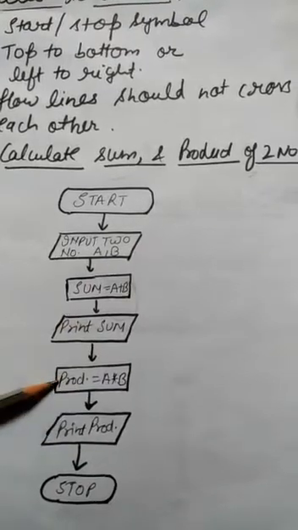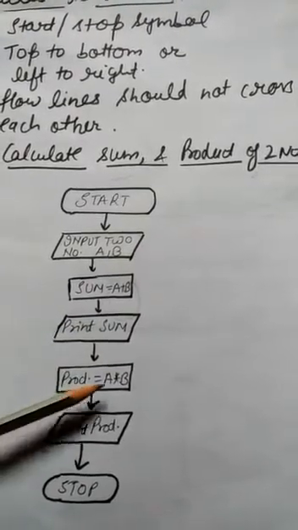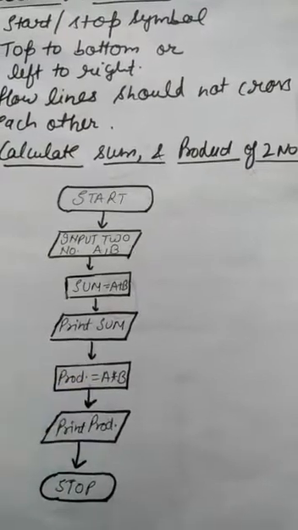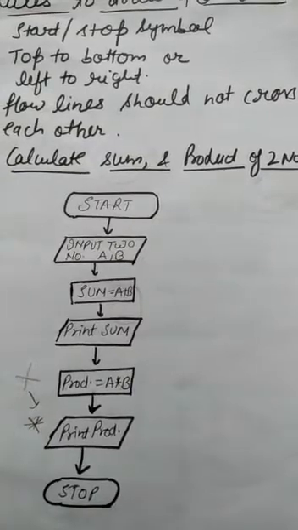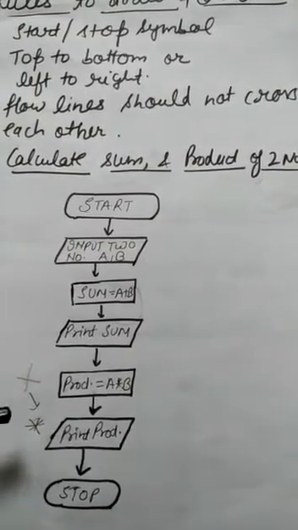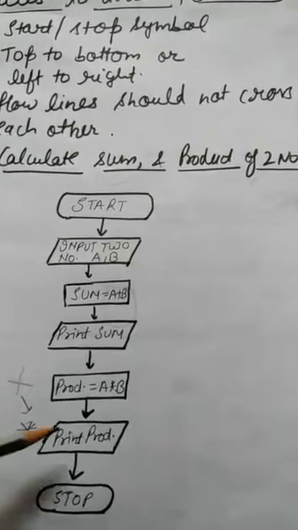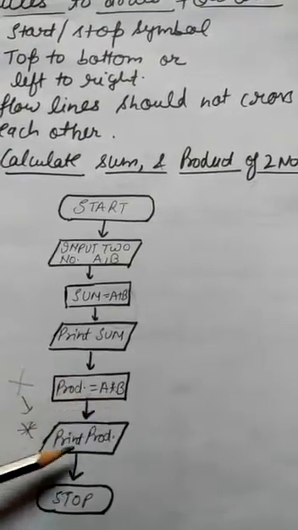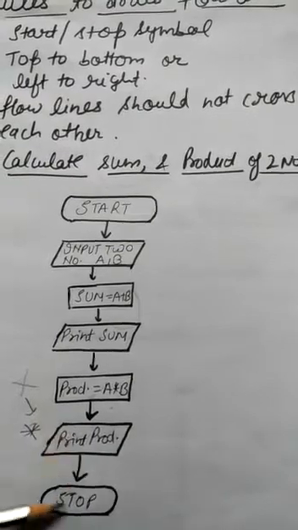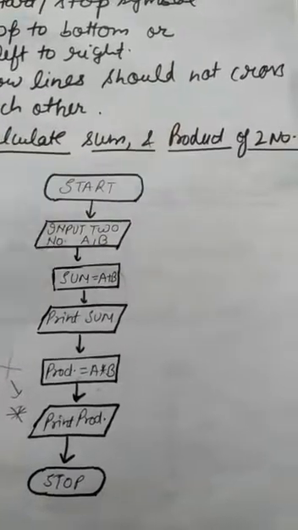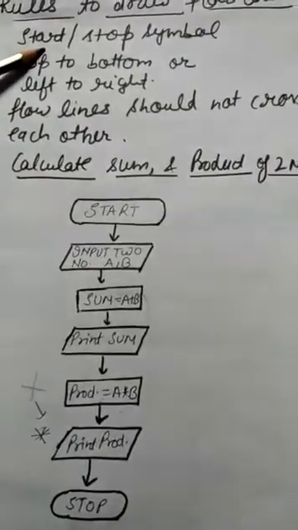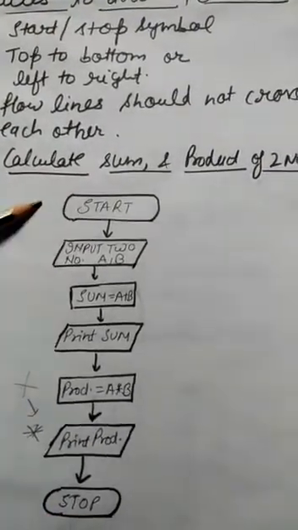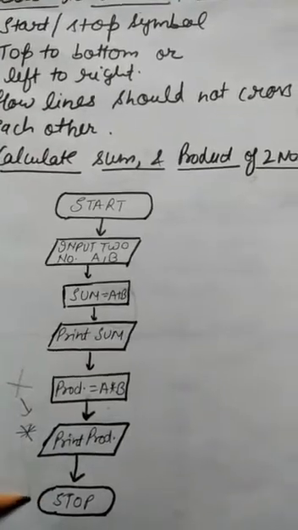Now they are saying to do the product also in the same flowchart. So product equals A into B. We will not take the into sign; in place of the multiply sign, we will take an asterisk. That means multiplication of two numbers in computers. So product equals A asterisk B. Then again we have to print the product and finally stop, because the question is asking only for the sum and the product of the two numbers. So we have done the sum and the product, and again we are putting the stop symbol here. The stop will be like the start one. So this way you have to draw the flowchart.